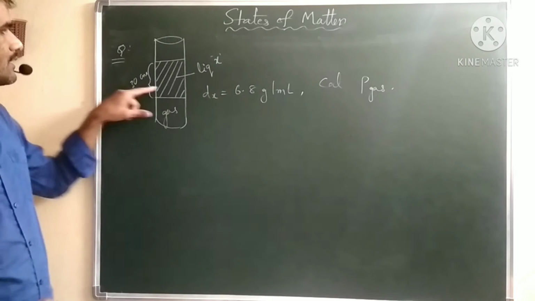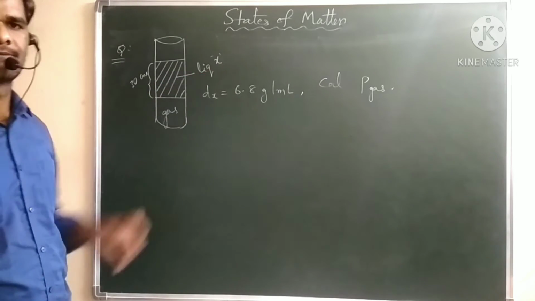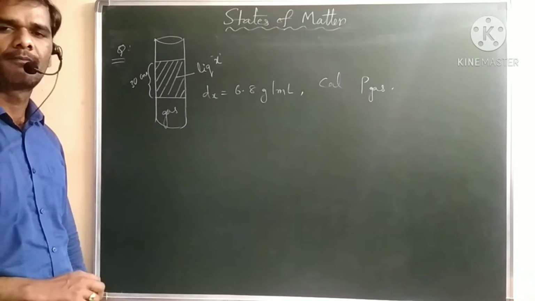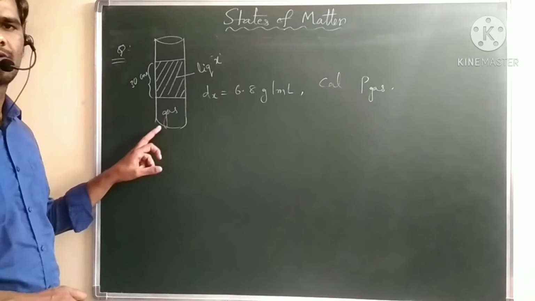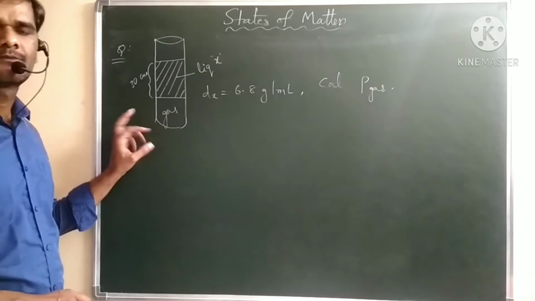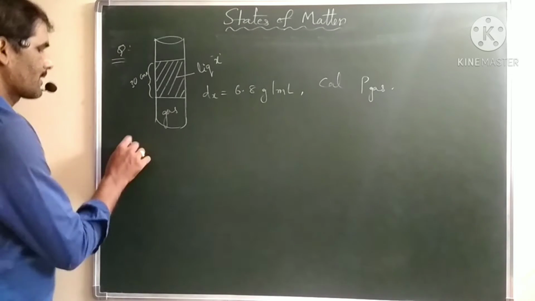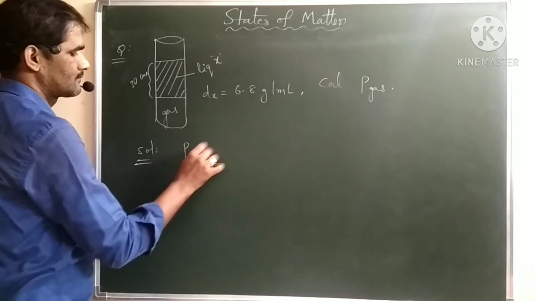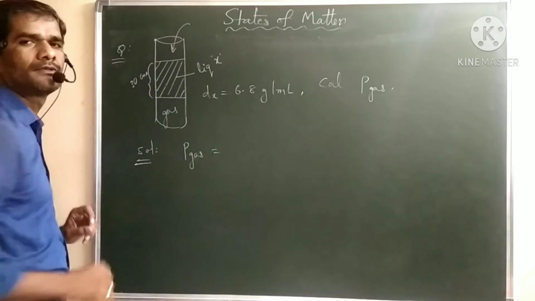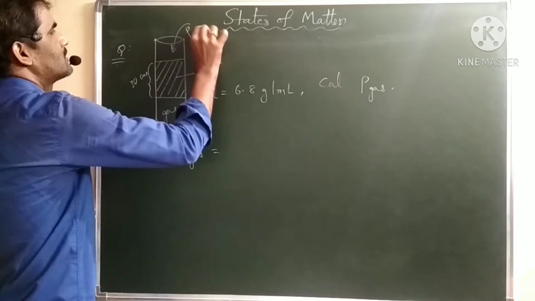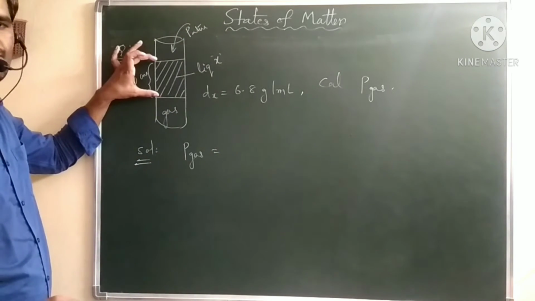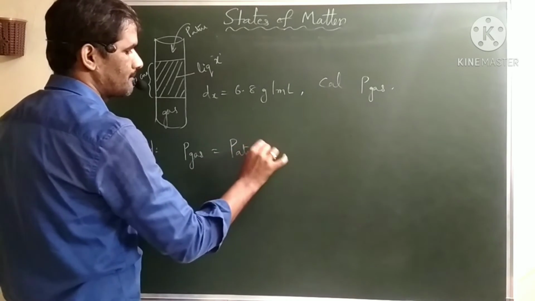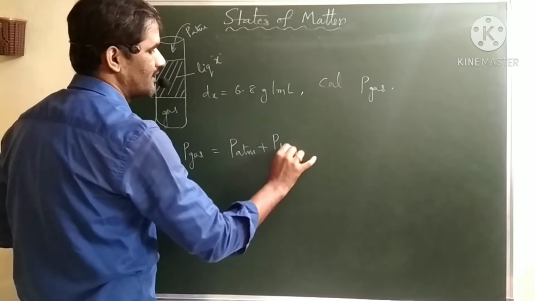Now see here again, it is not mercury here, it is some liquid X, and they give its height as 30 centimeter and its density as 6.8 gram per ml. Then how much pressure? This we have to express in terms of mercury. Now the solution, as usual, pressure of the gas. Again, this is an open tube, so atmospheric pressure will work, as well as the pressure due to this liquid. Now the pressure of atmosphere plus pressure of liquid here.